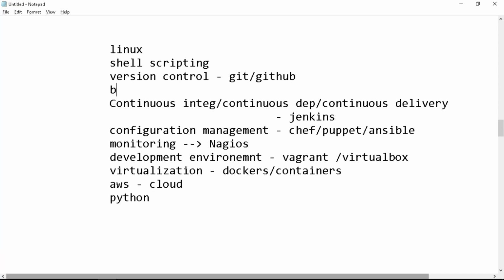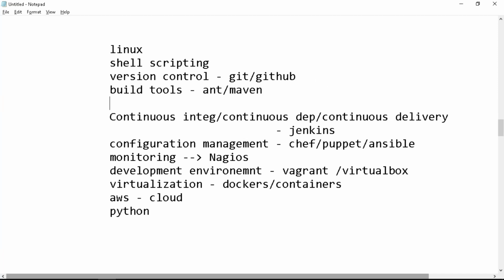And here come some tools for converting our source code to binary. And then we store our source code on a version control system, right? For maintaining the versions and checking who's modifying what. That is called a version control system like Git or GitHub. We also have to store our binaries on some centralized server, right? For that, we use tools called Nexus,